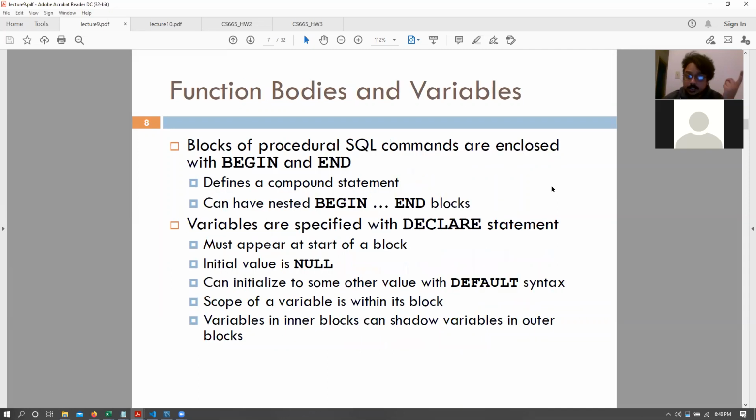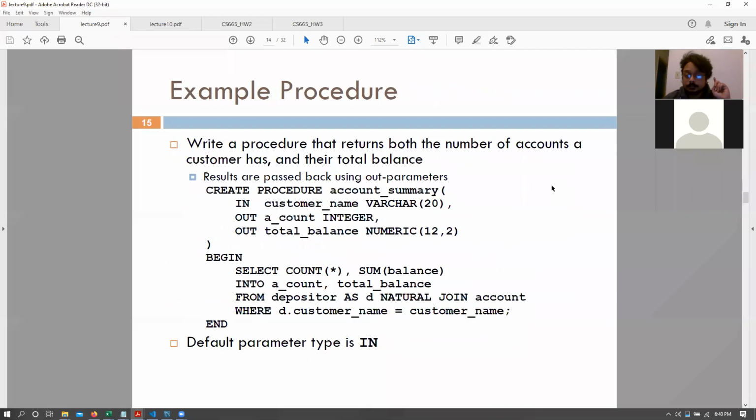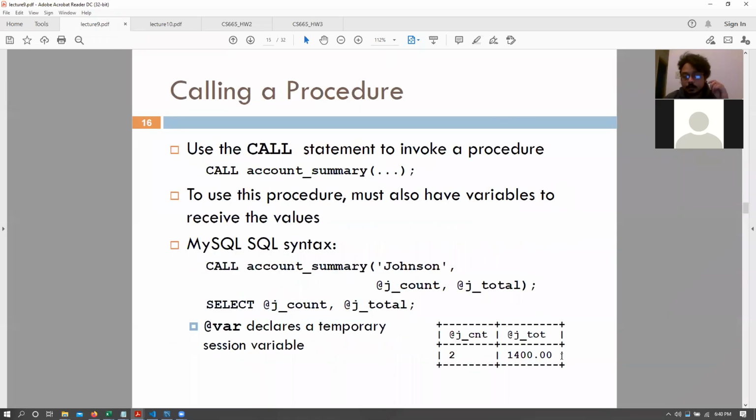But remember that a procedure does not return anything. That also means that we cannot use the select statement when we are talking about procedures. In that scenario, we need to use a statement like call. So call account summary, and that is how we call a procedure, not using a select statement but a call statement.